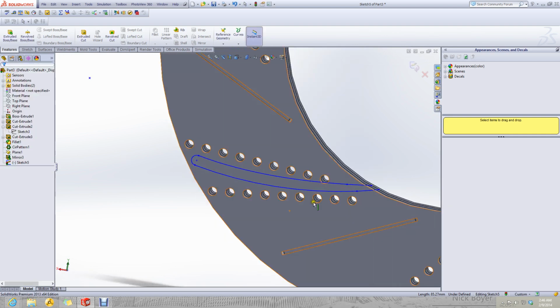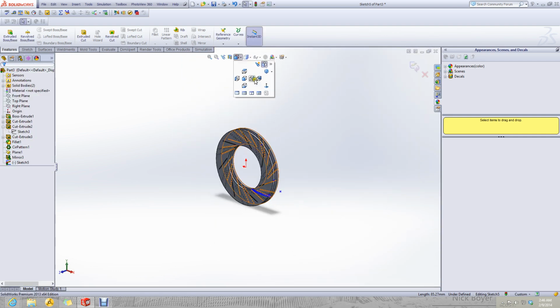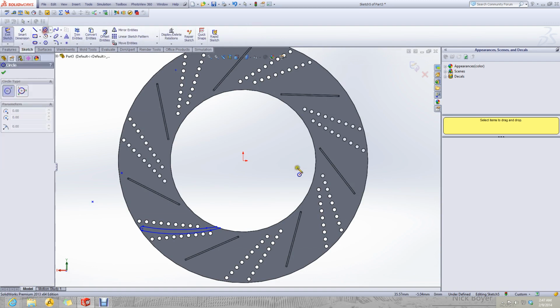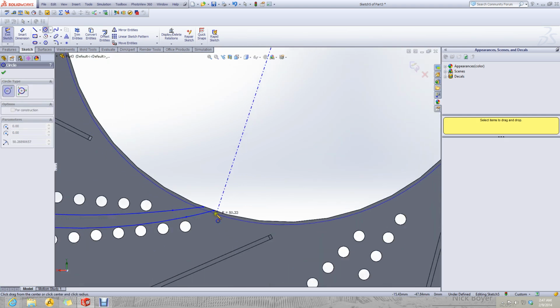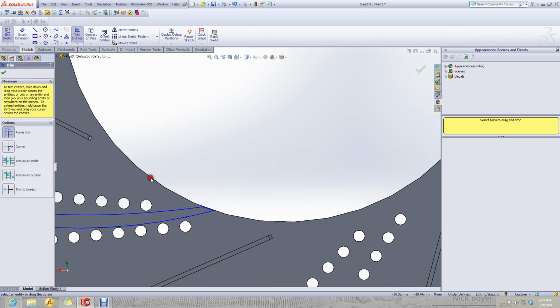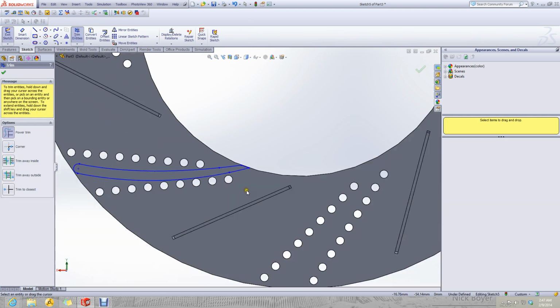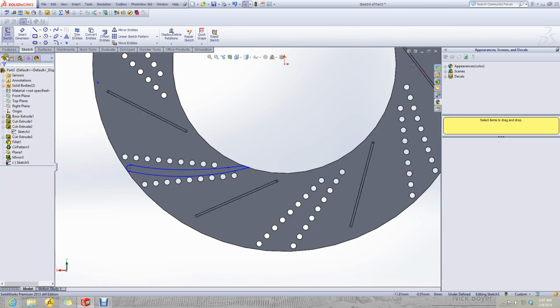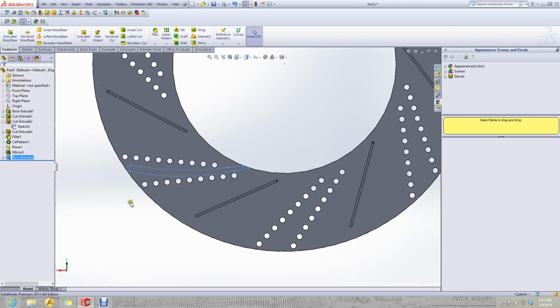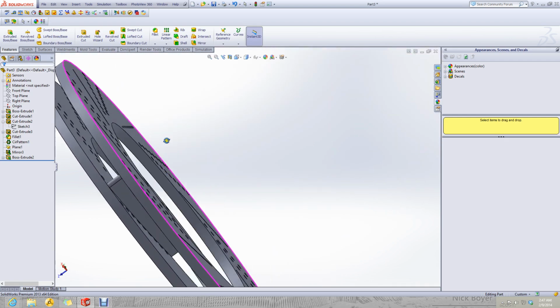I forgot to join these lines. I again make the circle over here. I will trim this circle around this. Now I can extrude it 7 millimeters, like so.